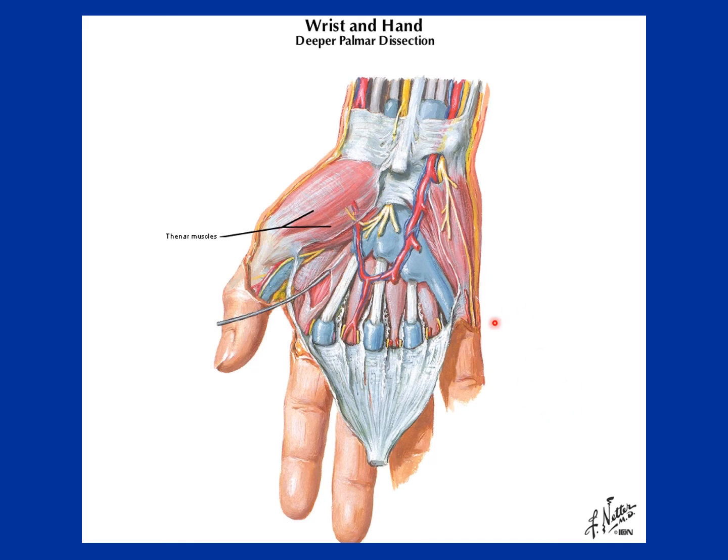After that, when we remove the palmar aponeurosis, you can see we cut from here the palmar aponeurosis from the palmaris longus tendon, and we reflect it. So what we see now, we see the tendons of the long flexors which are coming from the anterior compartment of the forearm. Along with that, we can see the muscles of the thenar side as well as the hypothenar. After removing the palmar aponeurosis, we can see thenar eminence muscles, hypothenar eminence muscles, as well as the long flexor tendons which are present below the palmar aponeurosis.